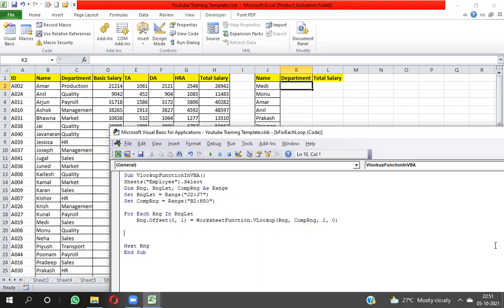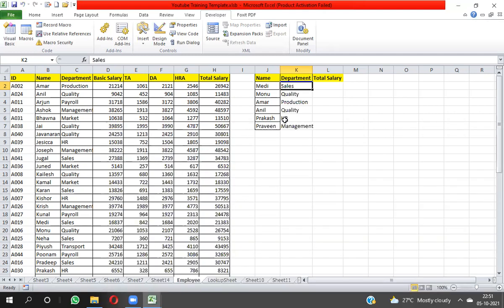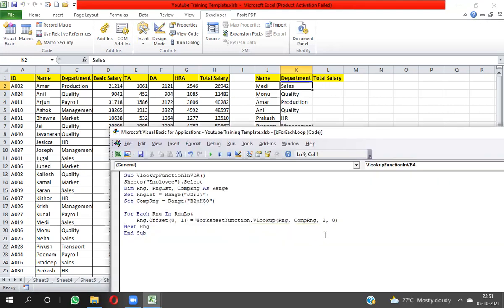Now VLOOKUP is done for department. Press F5 and you can see we have received the department. Now I will take total salary. So you need to copy the same line and paste it here. I need to move 2 offset.